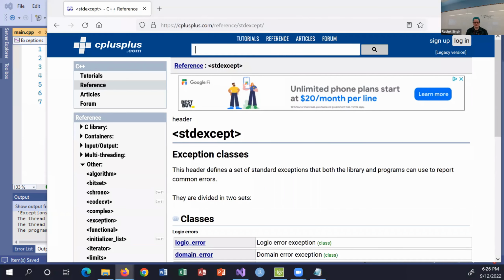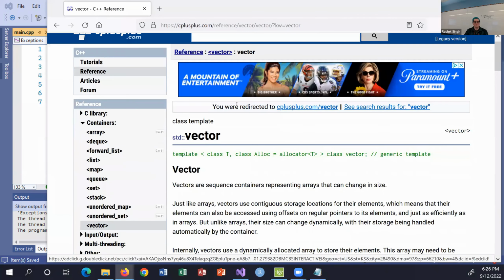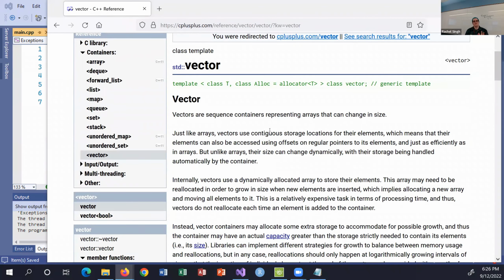So if I search for vector, vector is a data type. If you recall, we used arrays as the first data structure where we store a bunch of data of like types. There are issues with arrays. A normal traditional array is fixed at a certain size. You can't resize it. If you remember using pointers to make dynamic arrays, you can resize it, but it's kind of a pain. And you also have to make sure you don't go outside the bounds of the valid indices. So it's a lot of extra code you end up having to write